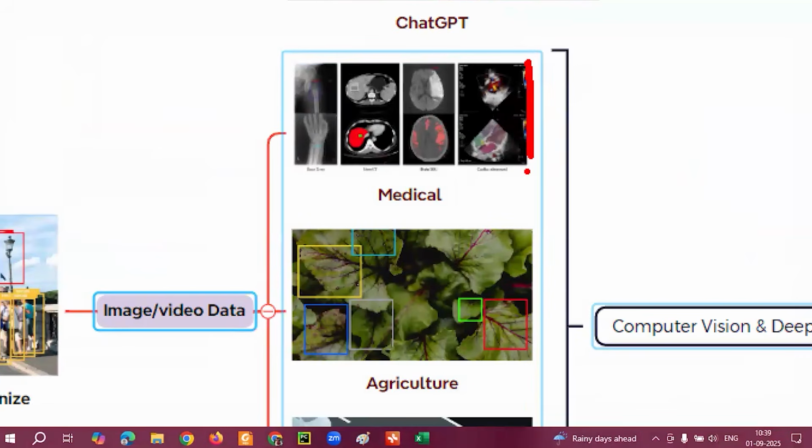Scanning. Whenever you have a scanning report, based on the scanning report, we can give the information. Observe in previous doctors, what happened? If you take the scanning report, they keep it in front of a light, observe, and say, hey, your bone is coming like this, going to that side, sir. You need two months of treatment.